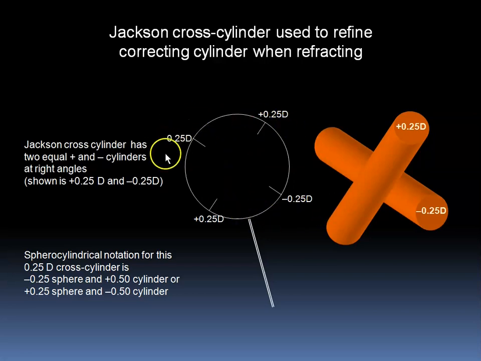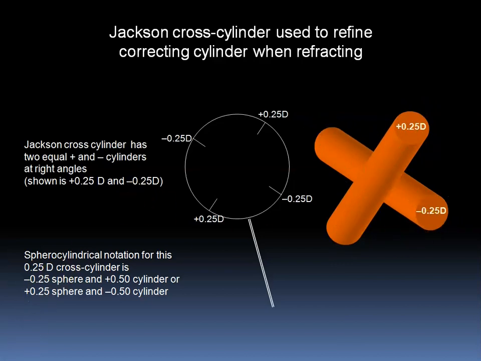Here we show the appearance of the Jackson cross cylinder with a handle and the markers indicating the 2 different axes. This is the representation. We have a quarter diopter long axis this way and a minus quarter diopter long axis